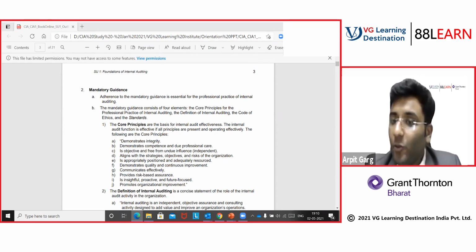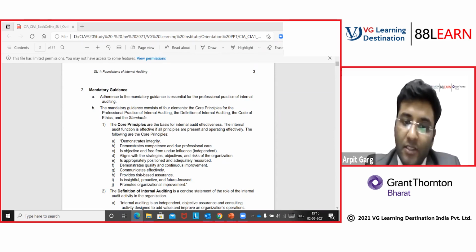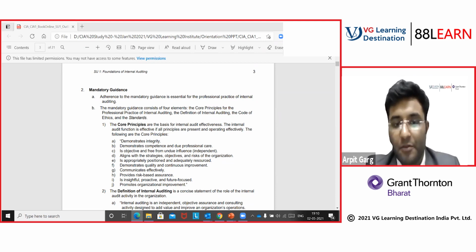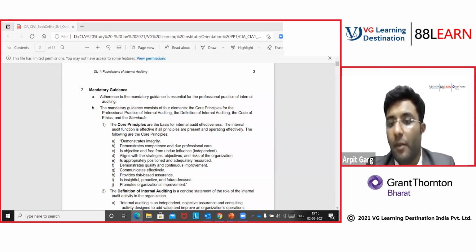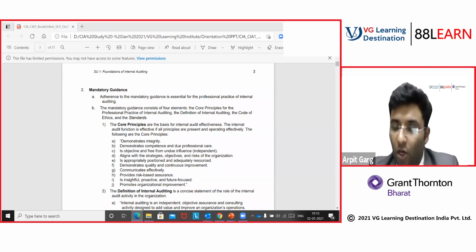When we do internal audit activity, the first thing is we ask for a lot of data and information, where we should have adequate access to the resources of the company. When I say adequate resources, we should get time from the process owners. We should have unlimited access to the records of the company, so that we can look into the data points and then give our feedback and our opinion.